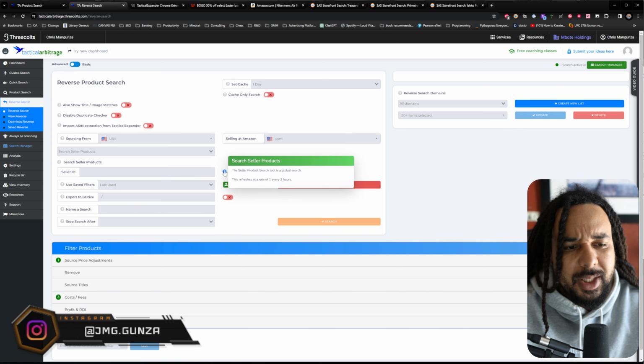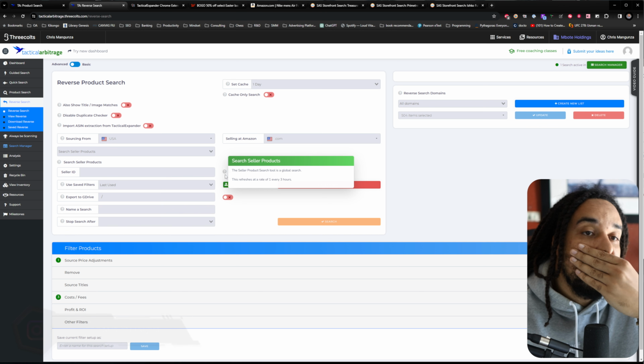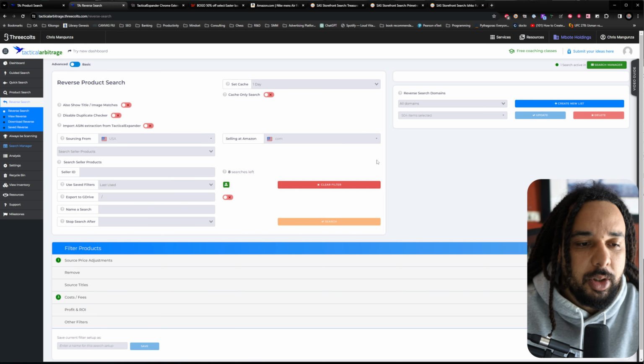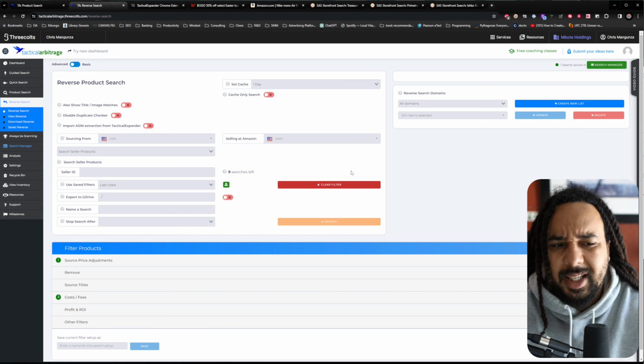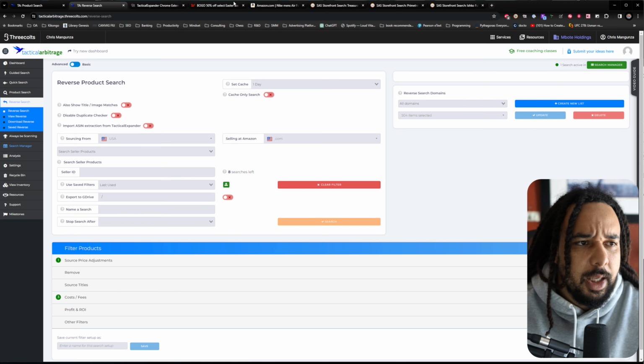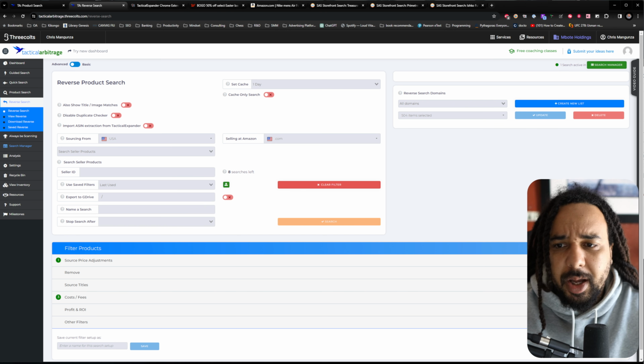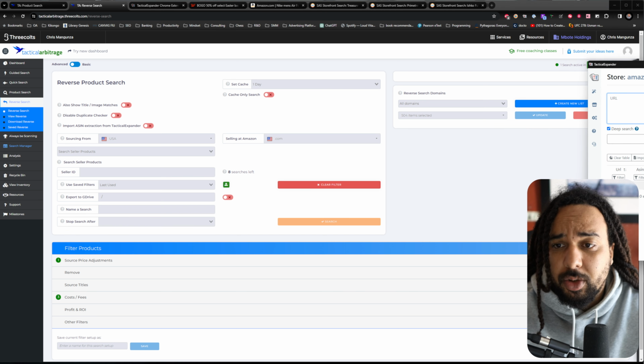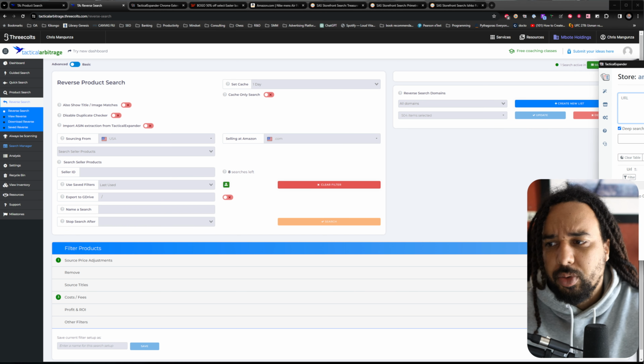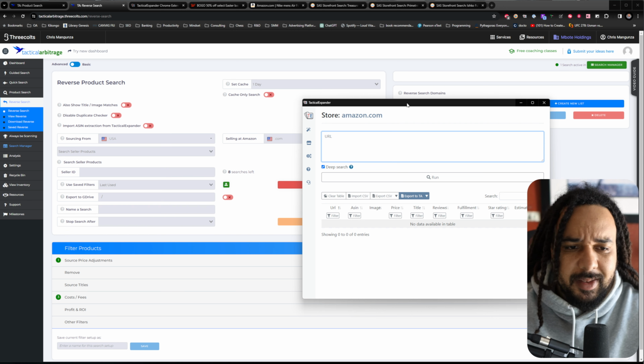I think it's 8 because I actually added more. I think I bought some more. I think it's 6 by default. Maybe I'm wrong though, and maybe it's 8 for everybody now. But you can bypass this by using, because this is such a powerful tool, right? And so, as I said, you can bypass this by using